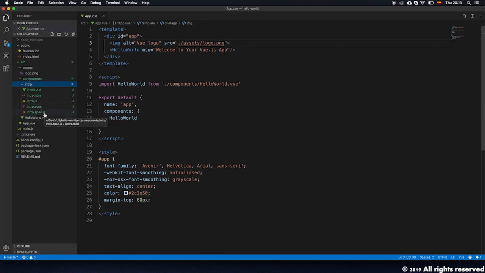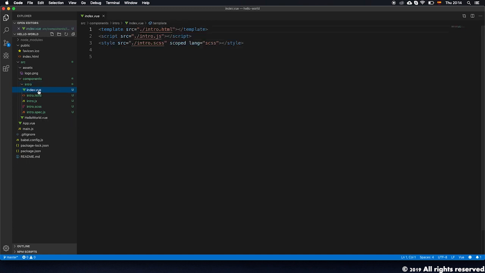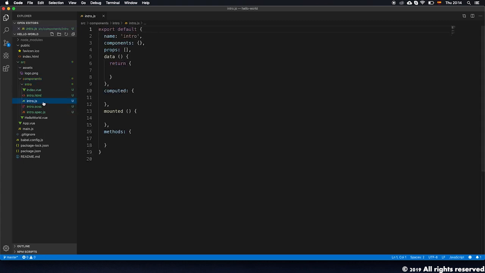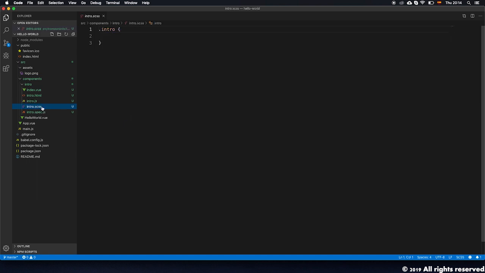I forgot to mention the specs.js. These we're not going to touch. Generally we don't touch this file and this file, and you can see this file already points to the different sub-files that we're going to use. We will develop here, here, and here, which, if you look at it, is much more familiar to us than the Vue file itself, because it's an HTML file, a JavaScript file, and then an SCSS file, which is eventually a CSS file